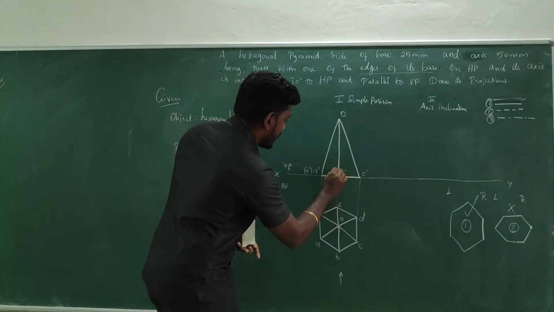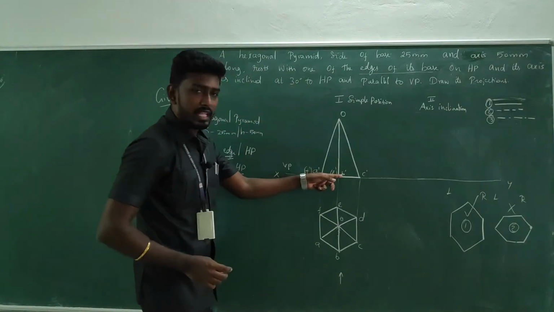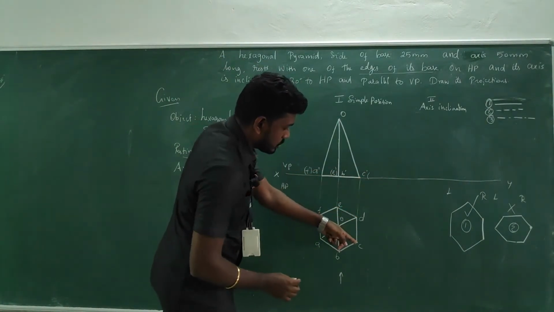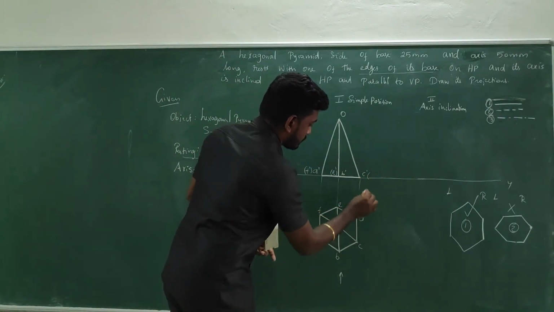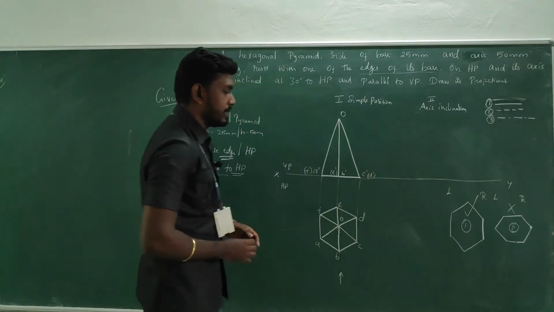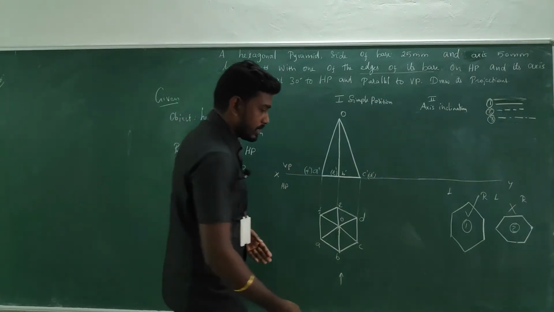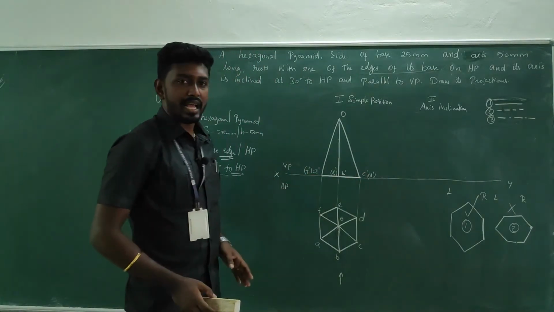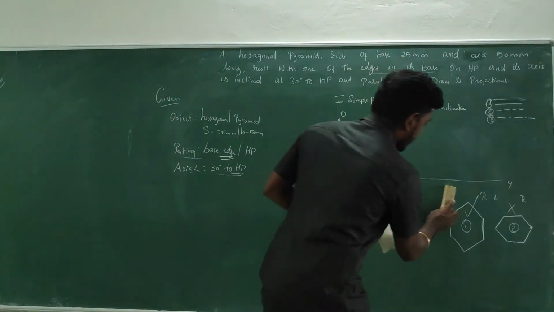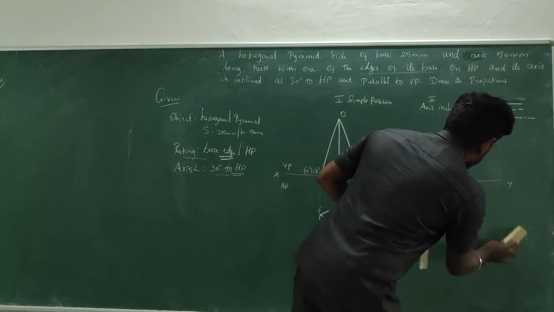And E is just behind B, so I am marking it nearby B. And this D is behind where? Behind C, so I am marking it nearby C. I have opened the bracket and noted it as D. So let me move to the second stage.